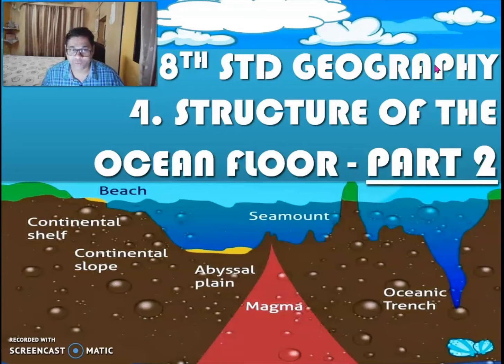Today we will be continuing our lesson, chapter number 4, Structure of the Ocean Floor, part 2. Now in the first part you had seen the colorful fish and the restaurant inside the sea, and you learnt about the relief of the ocean floor, continental shelf, continental slope, abyssal plain, mountain ranges and plateaus, marine deeps and marine trench, right? Now today let me give you a brief explanation about them, and lastly we will learn about the marine deposition.